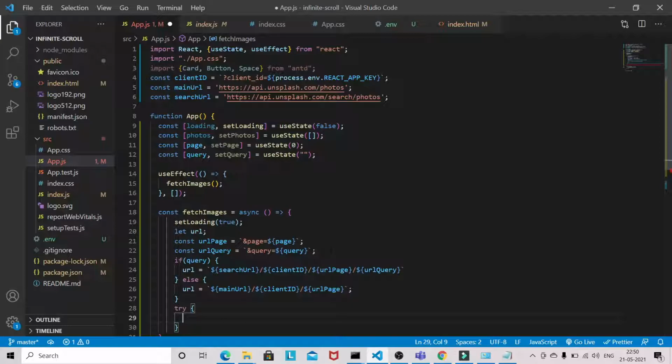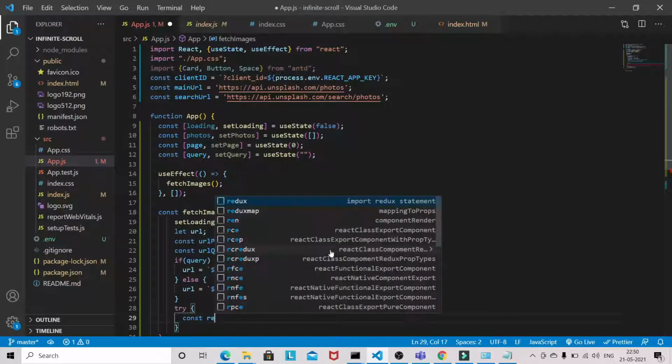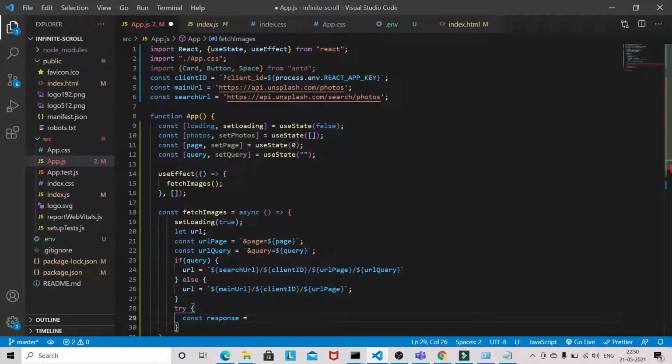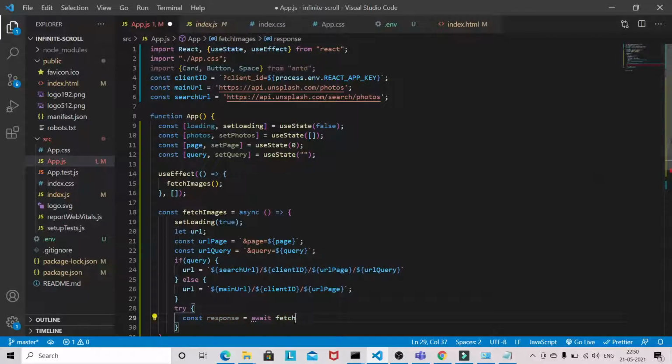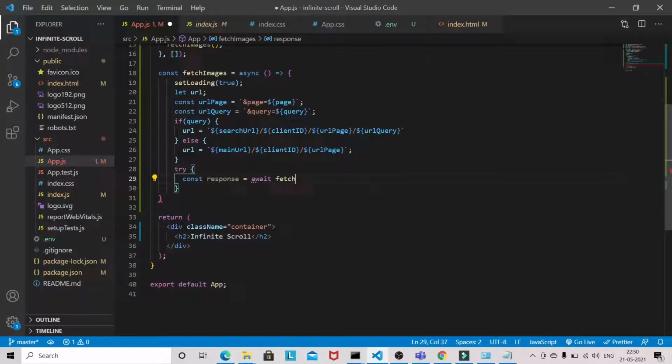Try, response, await fetch. So we are using fetch here to fetch the images. This is the inbuilt JavaScript function to work with the API.